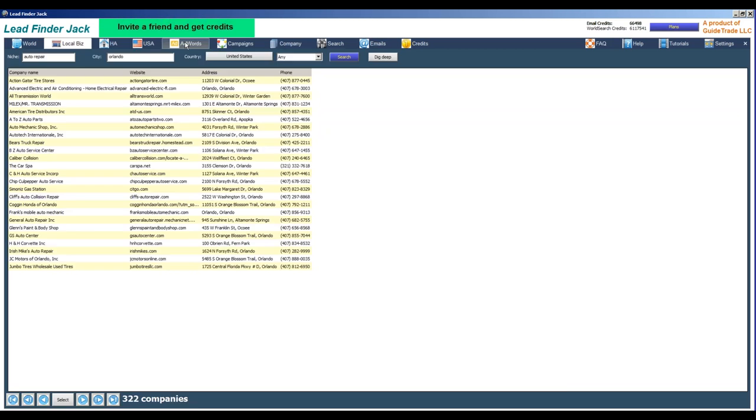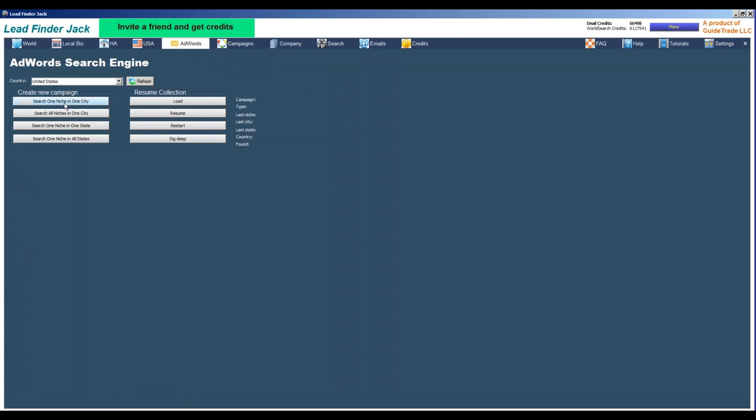There's also an AdWords module. So you can go to the AdWords module. You might need to restart Lead Finder Jack two times to show that AdWords tab, because it's very tricky how we set it up, because only you guys, Local AdWords Academy members, have access to it.